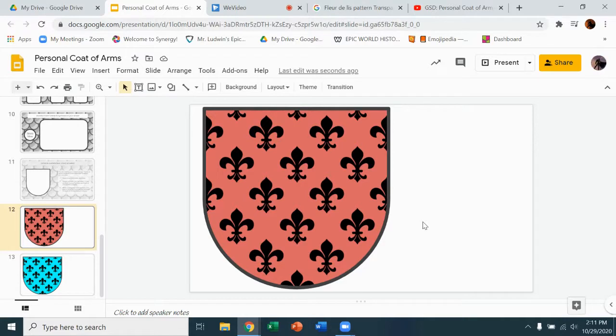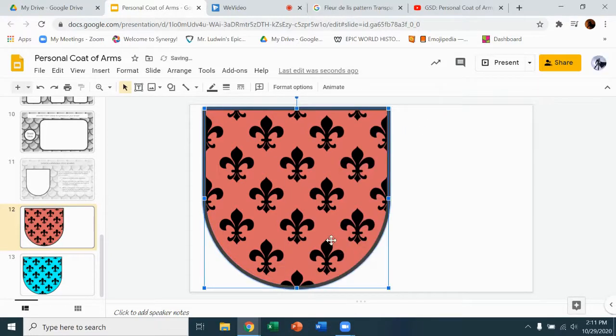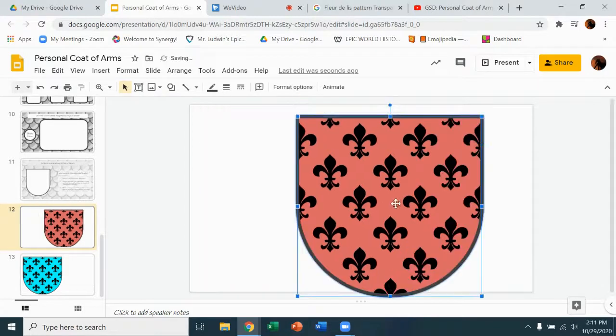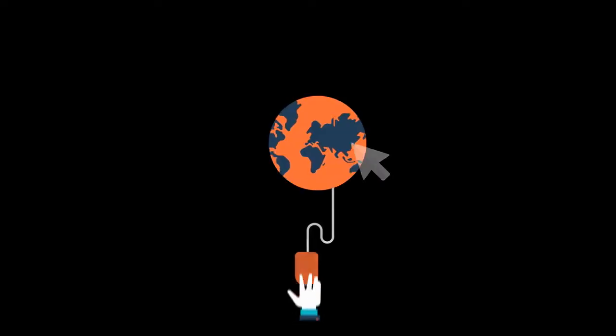So you have a nice little design, it's all nicely done, and you can put some more information and stuff like that on the top of it. Just make sure you do one more thing before you move to add stuff, and that's you select both of those and you group them together. That way there's nowhere for them to go, and if I move it around, it's all there and it's all one. There you go,